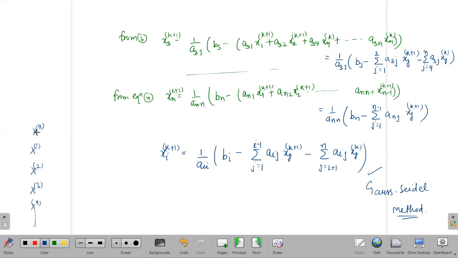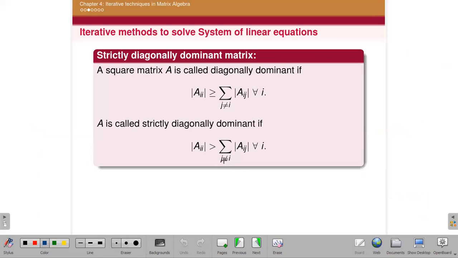So there is also one condition when you are applying any method, Jacobi or Gauss-Seidel. What is the condition on the system of linear equations? कैसा होना चाहिए वो system, so that when you apply the method, it will definitely converge to your exact solution. So there is one condition here. Before that, we will do one definition, that is the strictly diagonally dominant matrix. Now, why am I taking a matrix here? Because our system can be reduced to a matrix form, AX is equal to B. So what is A here? This is the coefficient matrix of the linear system of equations.